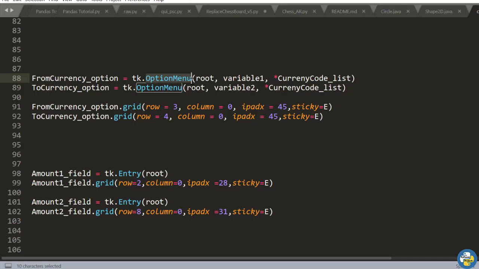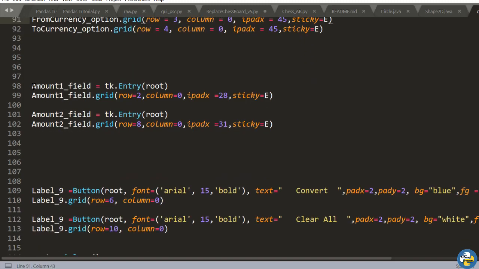On clicking that, a list of options will be shown to you for selection. So the option menu will create a drop down menu for you. It will take the argument, this currency code list, and it will make a separate option for each value in the list.